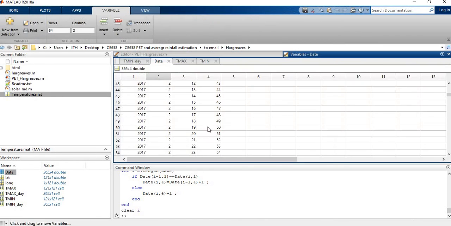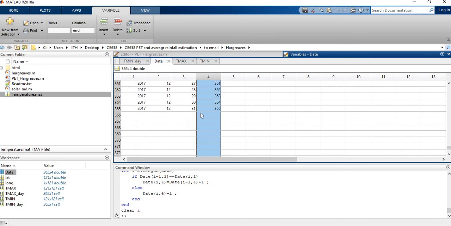It's a little bit slow actually, that's why it's not showing now. I will run it. Yeah, now it's coming. So the fourth column is the Julian day, and 365 you can see here.